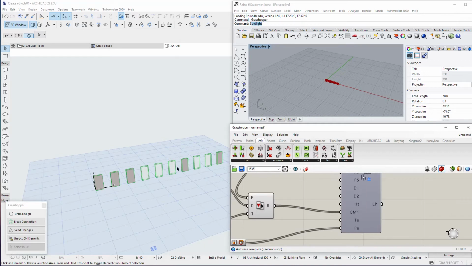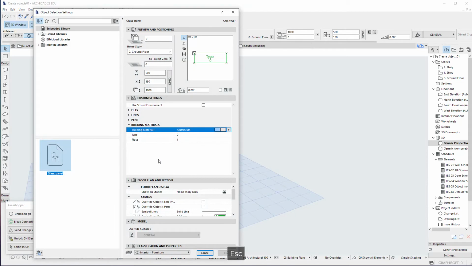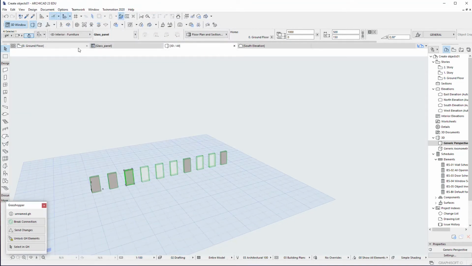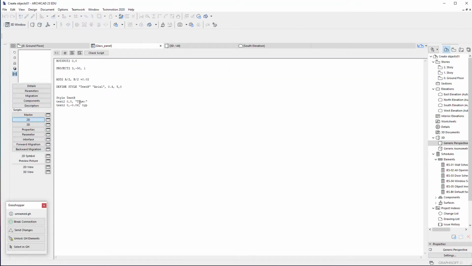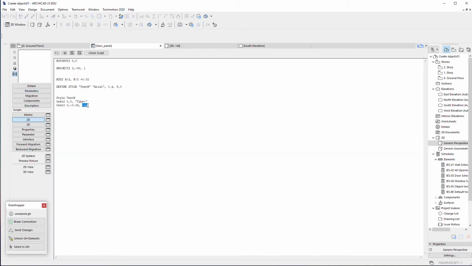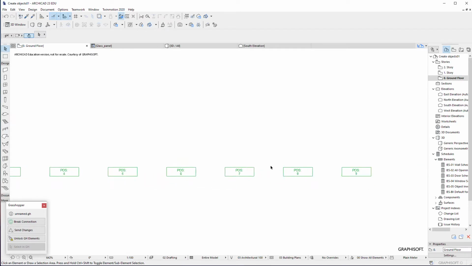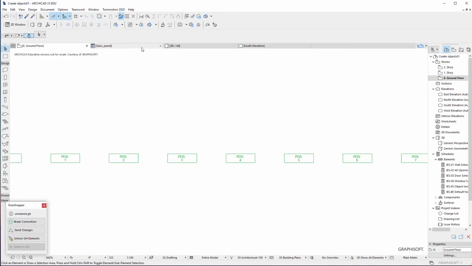Now it's here. Now if I select each one of those, I will see this is placement 1, this is 2, and so on. And of course, if I want to show this in the 2D view, instead of showing type, I can show the place. So let's name this POS position, Control S. We go to ground floor, we see the position of each one. And if we want to make this multiple